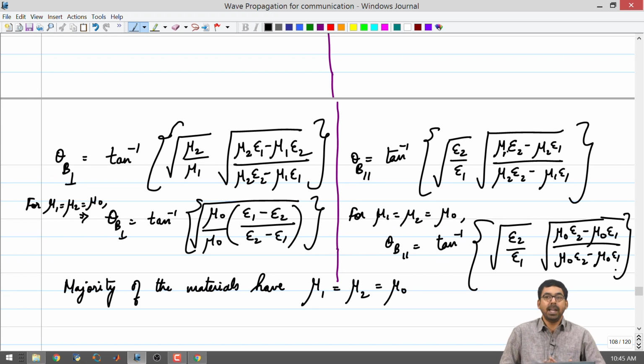Many of you, when you buy eyeglasses, they ask for some anti-reflection coatings. Essentially, what they are trying to do is make sure that you get a lot of light inside, but you could also look at it as another problem. You could say that there exists some angle, Brewster's angle, for the light that is coming into your glasses. You do not want any light to be reflected from the glasses directly, because it needs to reach your eye. So, you can say that I do not want reflection, so I want to put some coating there.